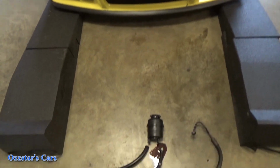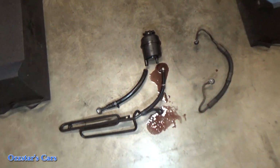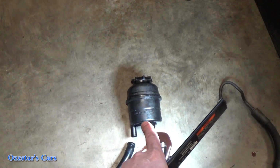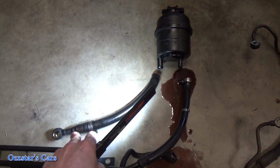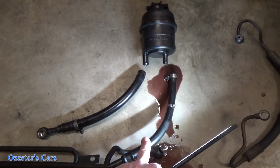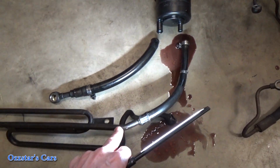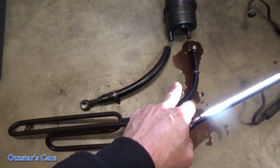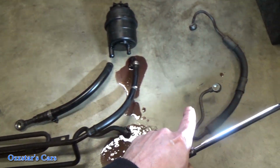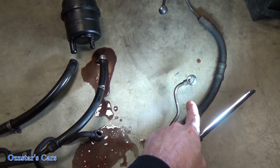So with all the old stuff out, I just wanted to show you the components. That's our reservoir up there, and it's got the two fittings. This rubber line here, this thicker one, that's our suction line. This other rubber line goes to the metal line, which goes right to the rack. That's the return for that. And here's our high pressure line that goes from the pump to the